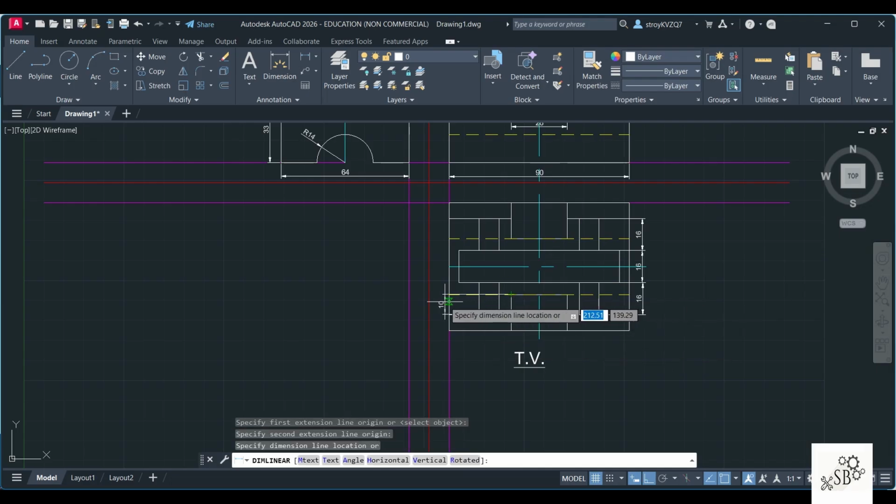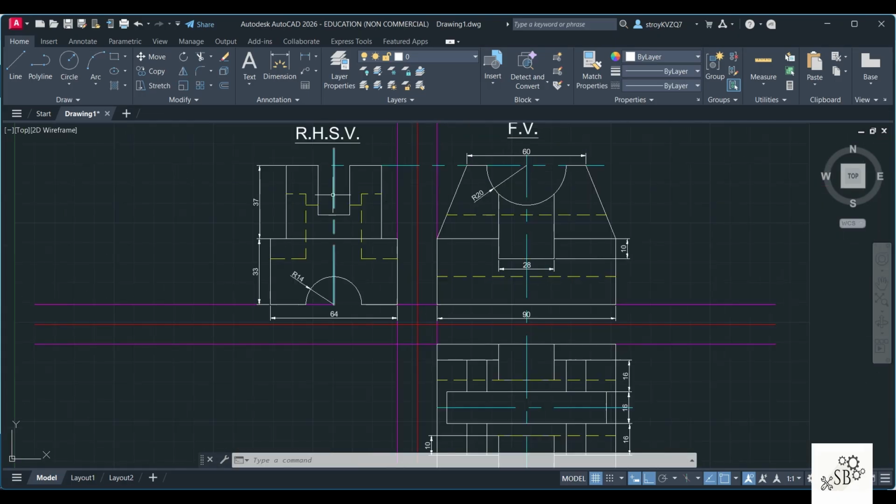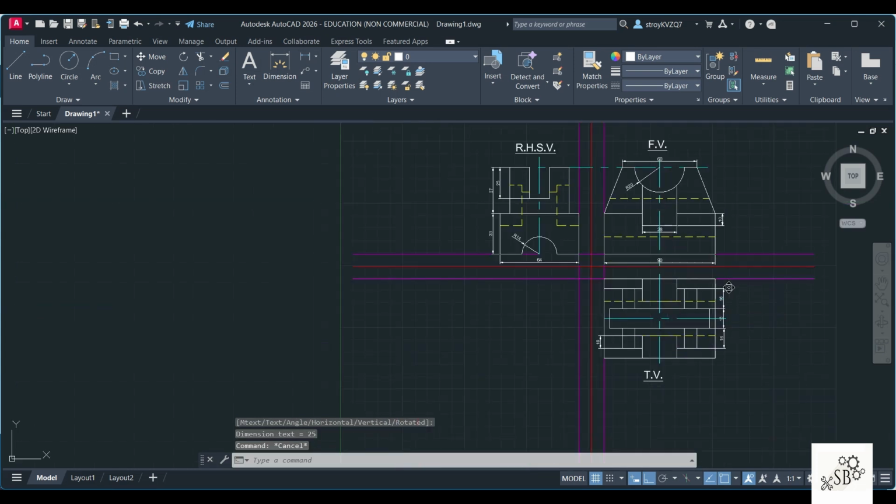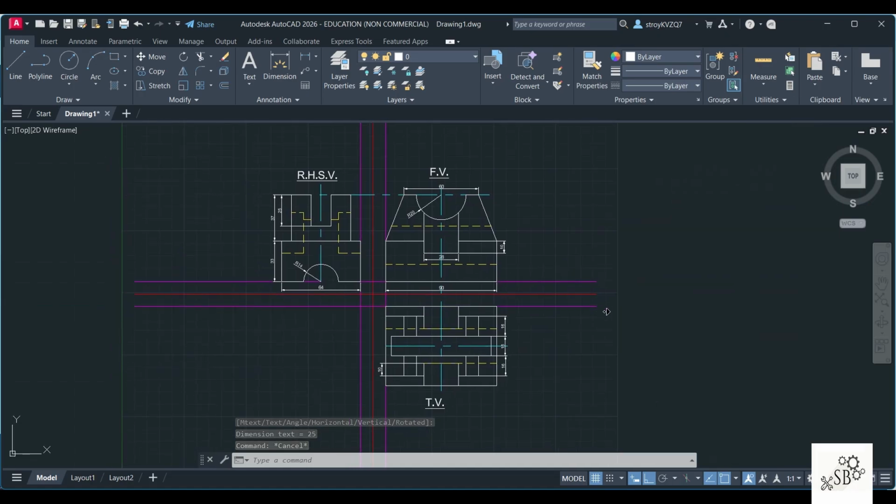This gap is given as 10. Mark here. This height is given as 25. This is one last distance which I'll mark over here. These are the dimensions given and I have marked it in my drawing.